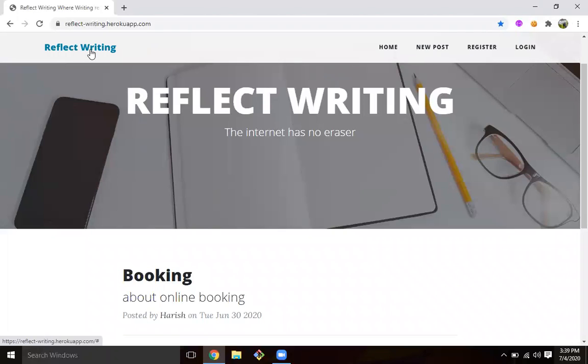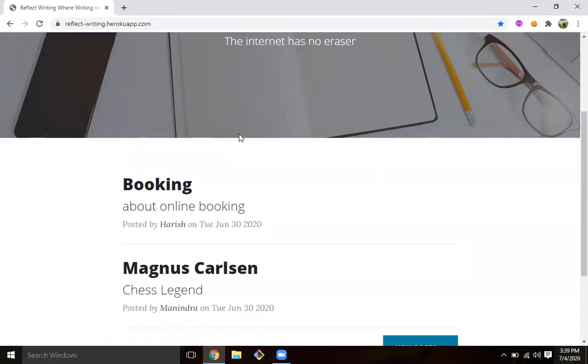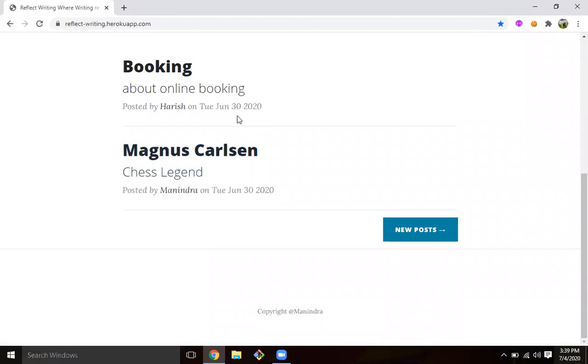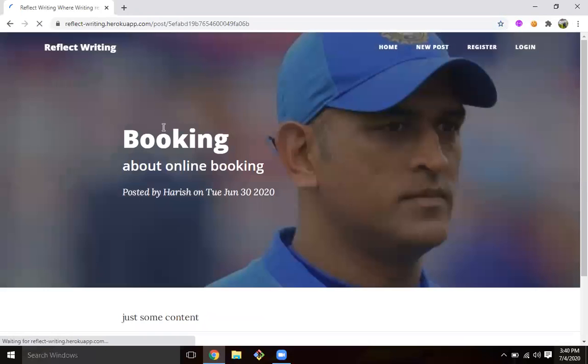So what is it actually? It is an article publishing website where the user has the option of saving the articles public as well as private. If the user chooses the option as public, the articles will be available to see for all the users who have the link of this website, and if the user has saved the articles privately, only he has the ability to see those articles. Each article contains an image as well, so the reading of the article becomes somewhat easy.